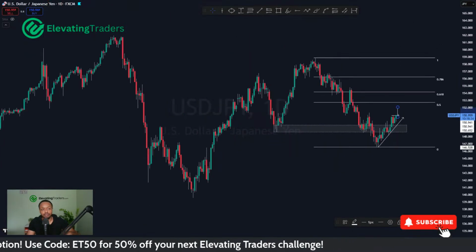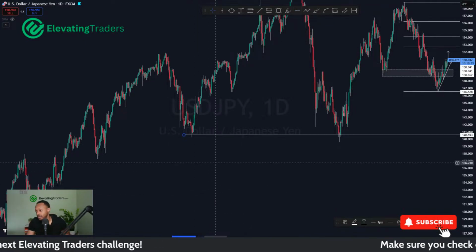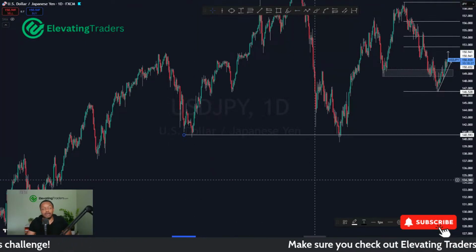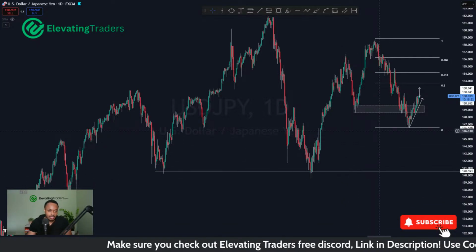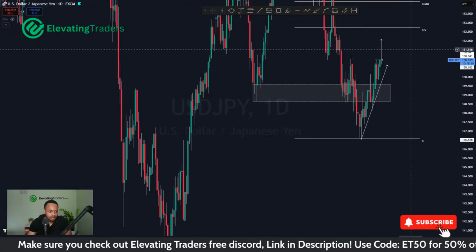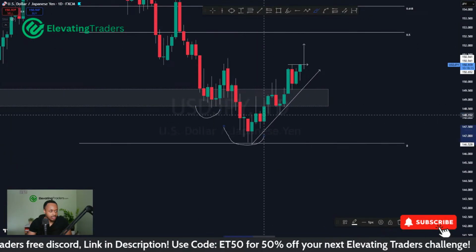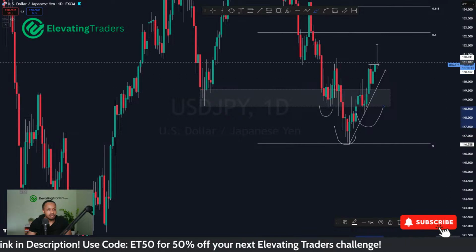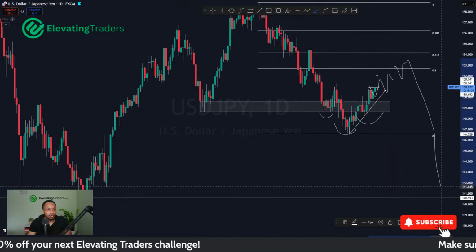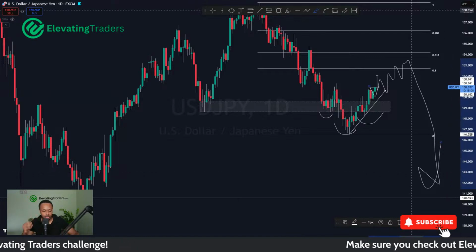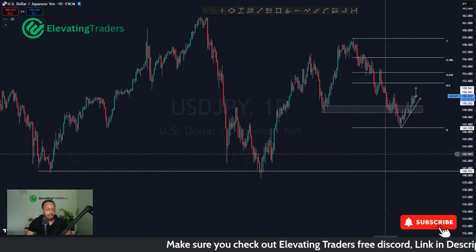And again, for this one, I'm still very bearish. I do think price can eventually get all the way back to the low there as well. But I just have to make sure I'm being patient, not jumping into the trade too early, especially when we're kind of coming to a bullish phase. The way I'm looking at this kind of looks like an inverse head and shoulders to a degree, which again is a reversal pattern. So we might see price push on for a while before turning, and then that's when I want to get into the trade. So yeah, dollar yen looking pretty bullish to me.